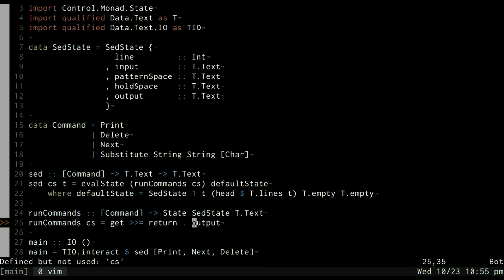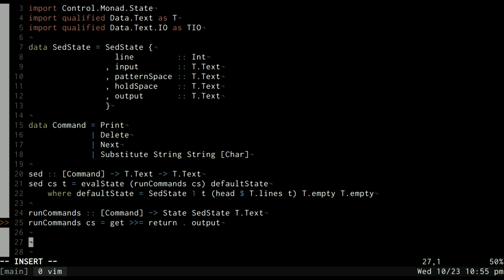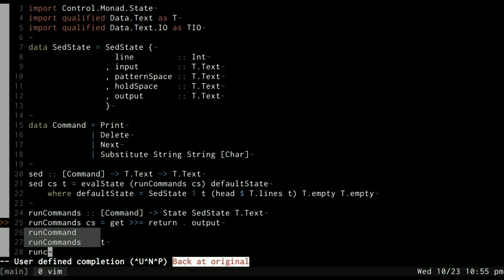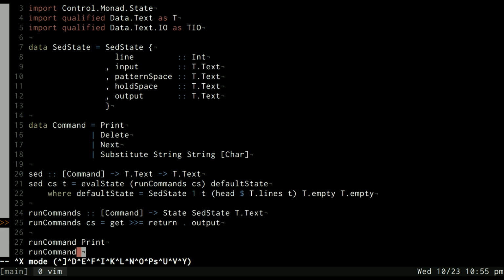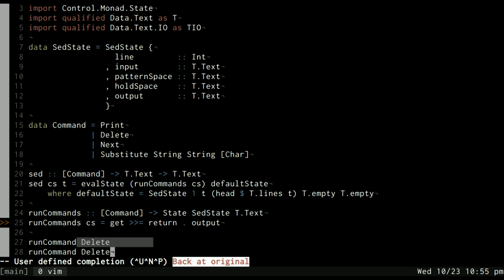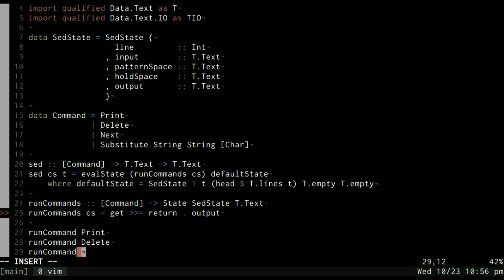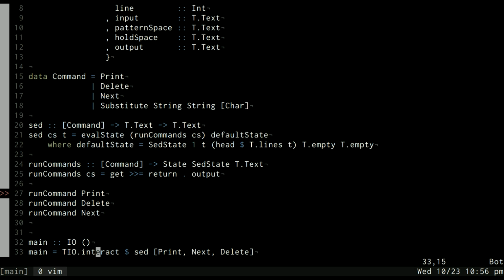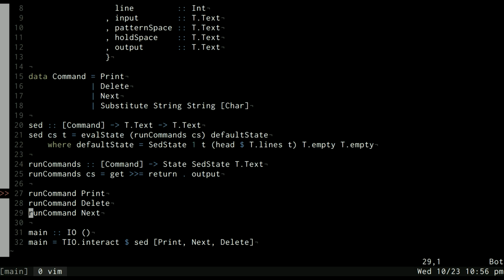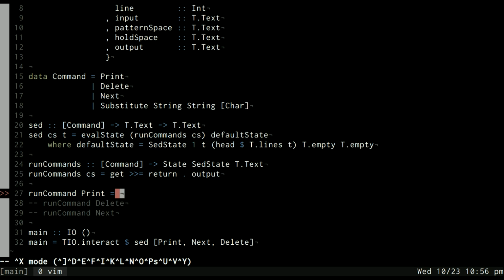Okay, so now we need to run these commands in our run commands function. So we'll need a way to run each specific command, and I'd like a function for each command, such as run command print, run command delete, run command next, etc. So let me just comment those out for now. And run command,